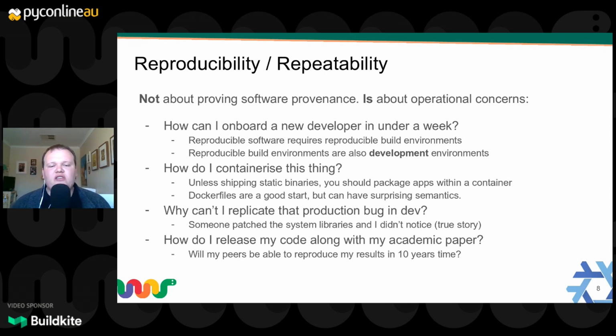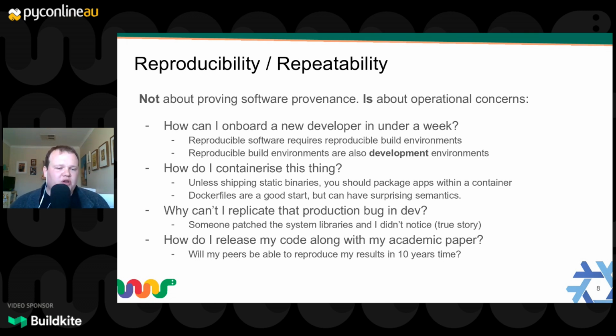Unless you're shipping static binaries, you should probably package apps with a container. I don't think that's a contentious position to take these days. Containerization, Snapd, Flatpak, Docker images, they're just a really great thing to have if you want to get reproducible sets of software developed and deployed out to a lot of people. Dockerfiles are a great start. They can have fairly surprising semantics, and they can produce fairly fat images, and so they're something that I would like to avoid. I also want to ask questions like, why can't I replicate that production bug in my development